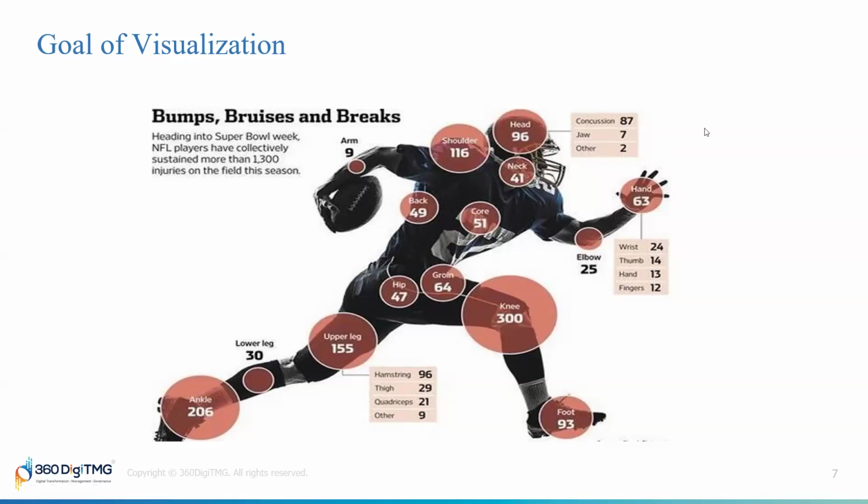Okay, if I look at the hand, I know how many of the injuries are on the wrist, on the thumb, on the hand, on the fingers. Okay, so we are able to investigate further, deep dive into that data and get more insights from it if required. This is the goal of data visualization. Ultimately, convey the point at a high level, also give them the option to investigate deeper if necessary. Investigating further does not mean again digging into the data, row level data, no.